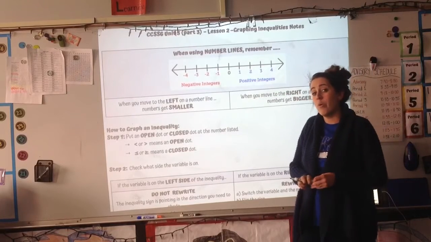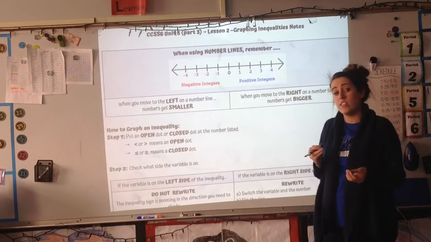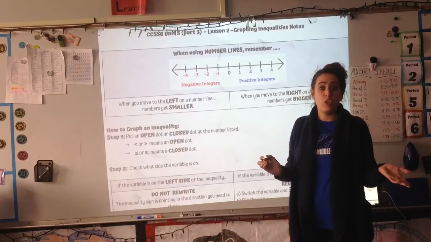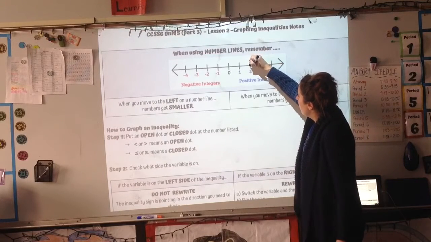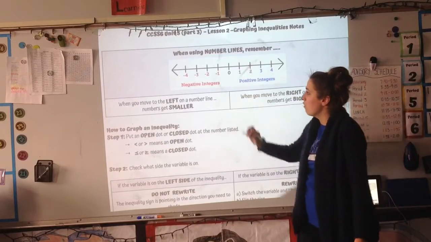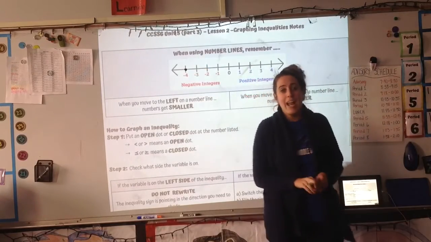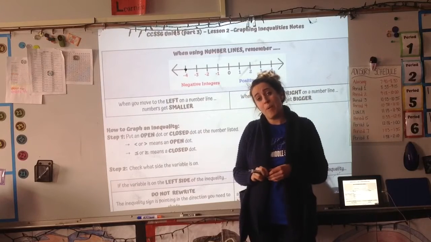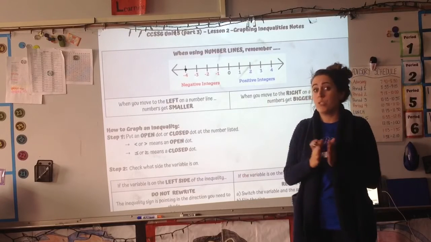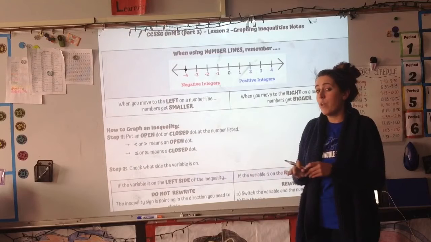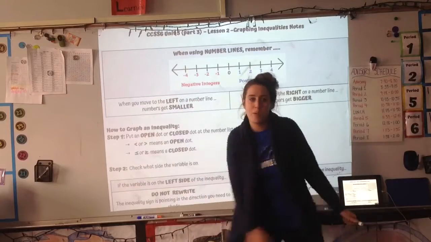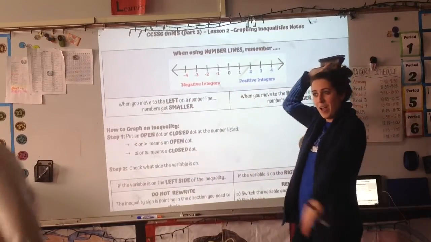What we talked about before when we just had number lines and we plotted just points, for example, if I said where is the number 2 on the number line, we would just put a dot at 2. Or if we were to ask where is -4, we would put a dot at -4. But with inequalities, we need to remember that there's multiple answers that can be true, right? If you want to vote, you can be 18 or older. There's a lot of numbers that work for that, so we have to graph it a little bit differently to show all the possible solutions. To help us with that, we are going to bring in a guest star, Miss